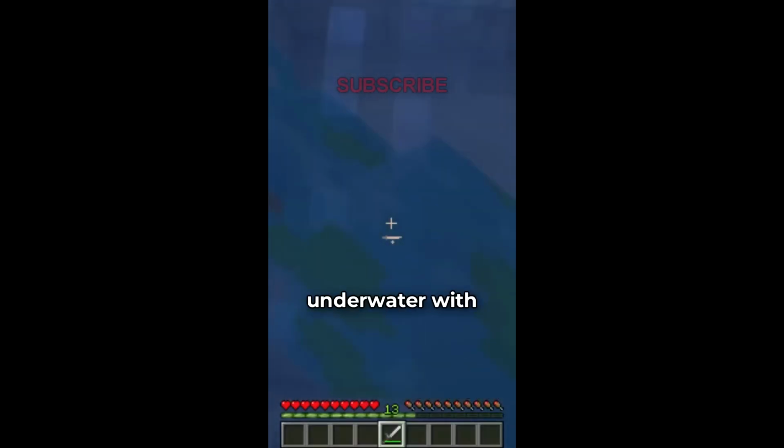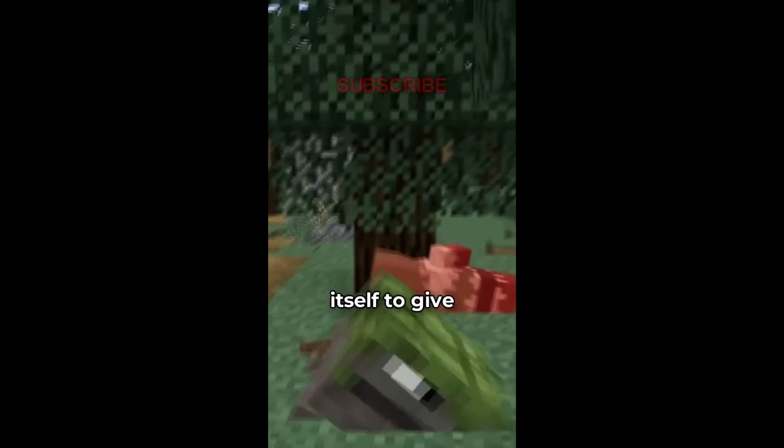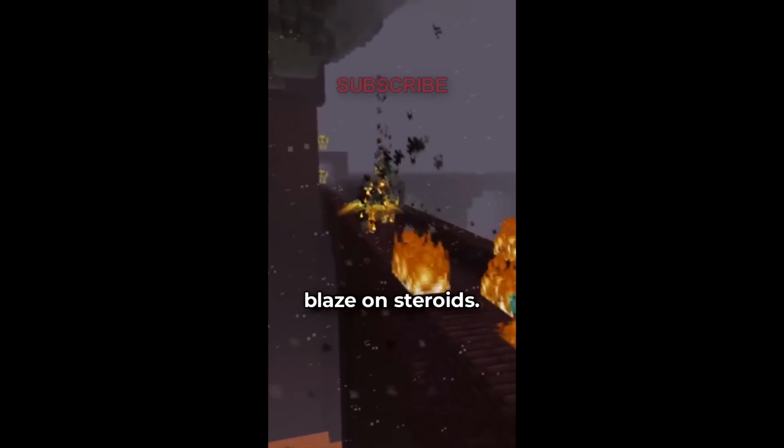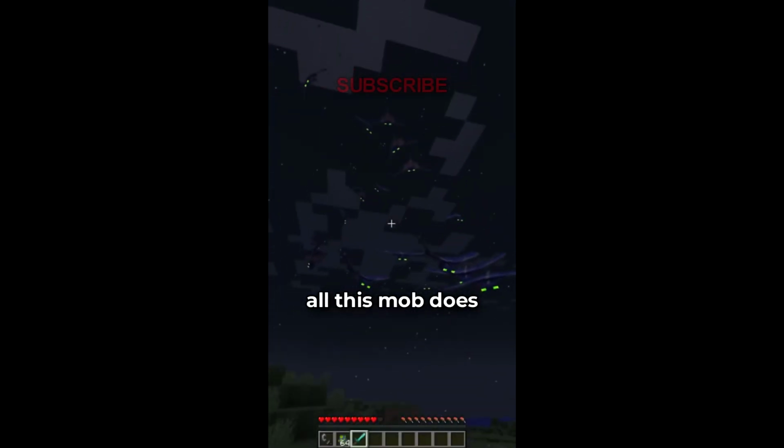In 2017, we had the choice of this: an ocean mob that sucks players underwater with its tentacles, a mob that sinks in the ground and camouflages itself to give you a scare when you walk over it, and a mob that is just a blaze on steroids. But none of these won the mob vote. Oh no. Instead, the community voted for this. All this mob does is attack you if you haven't slept for 3 days. What the...